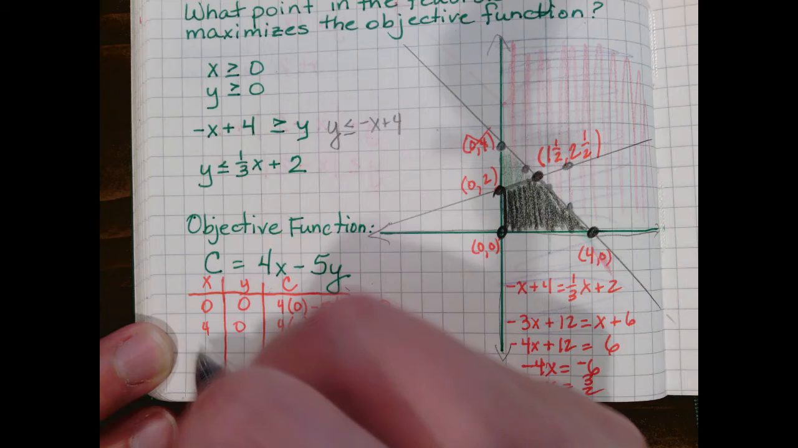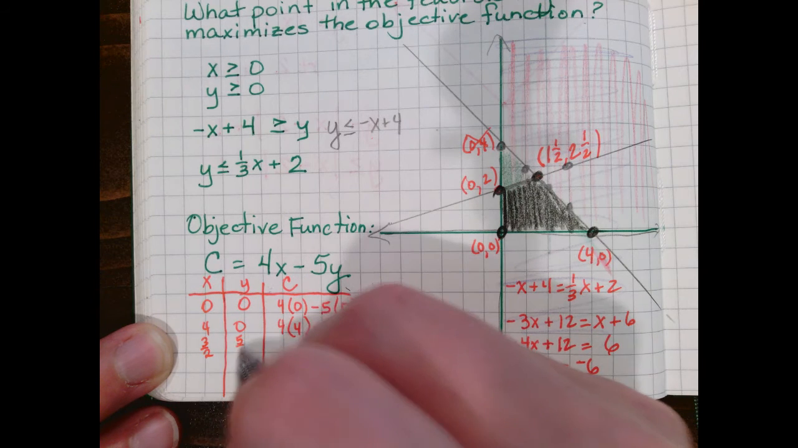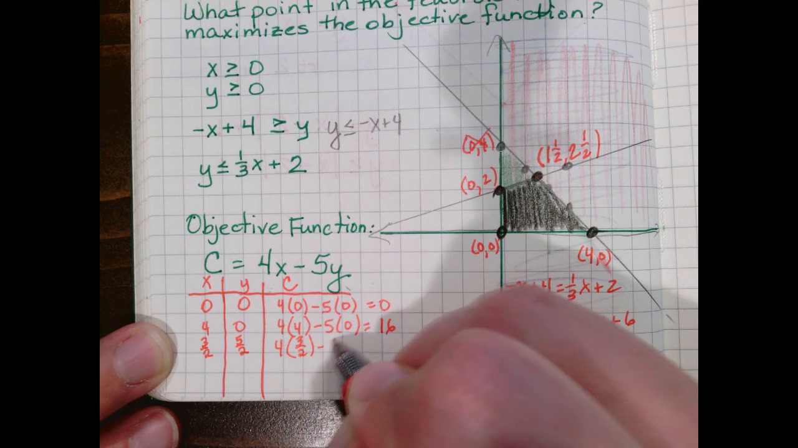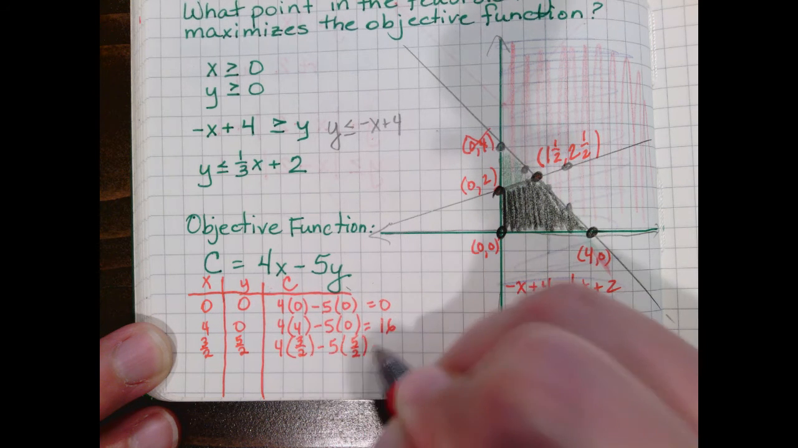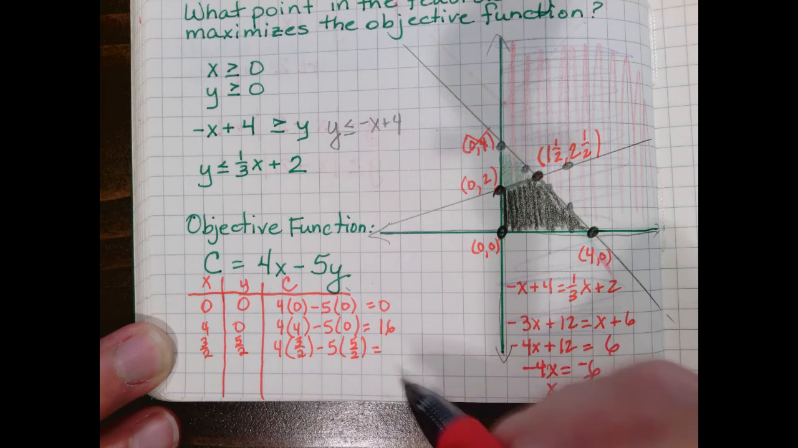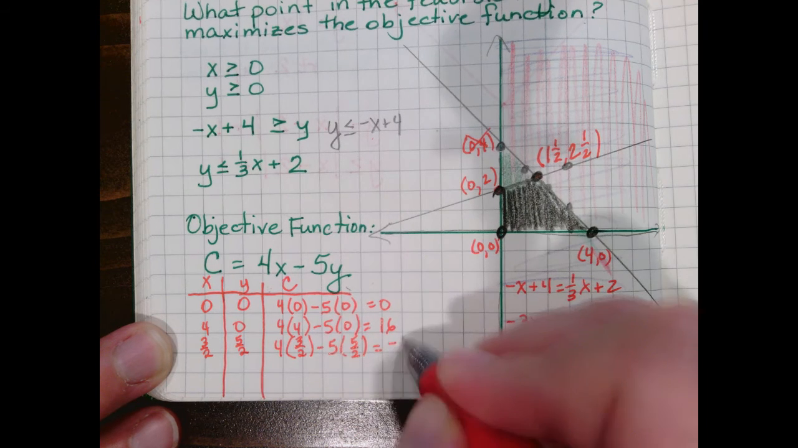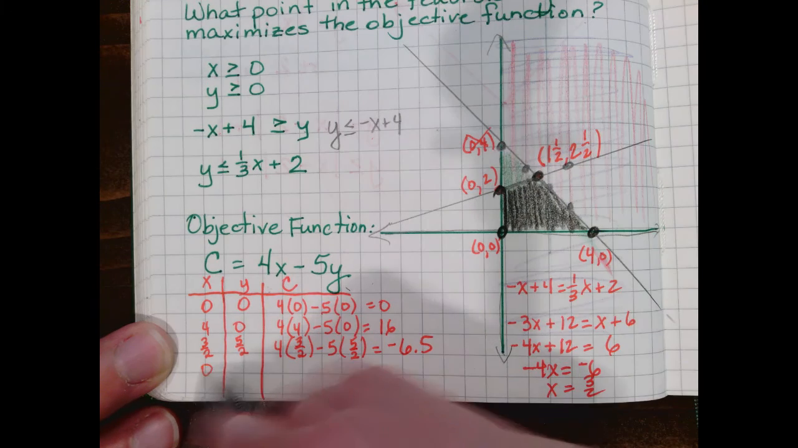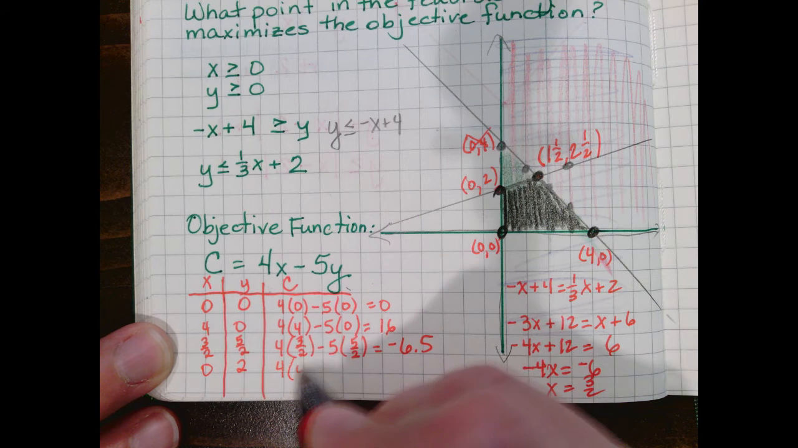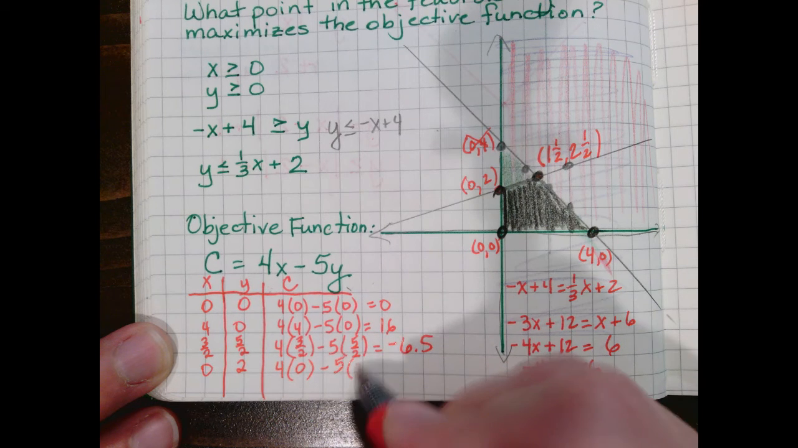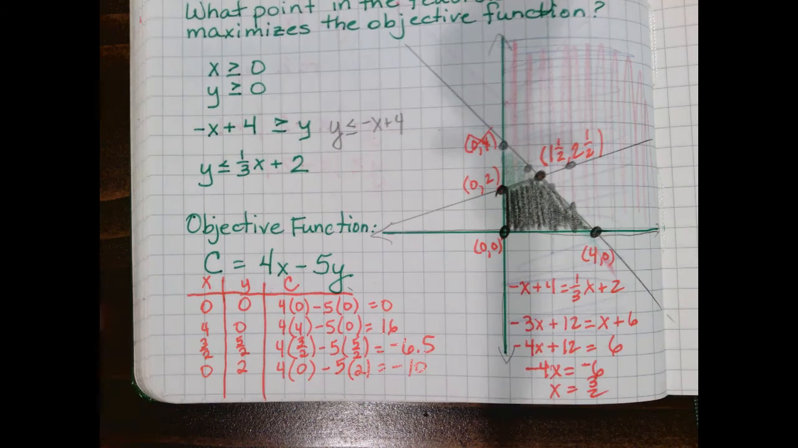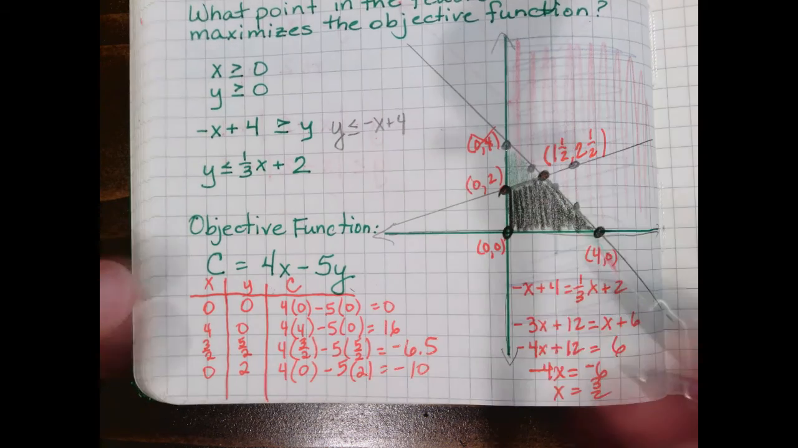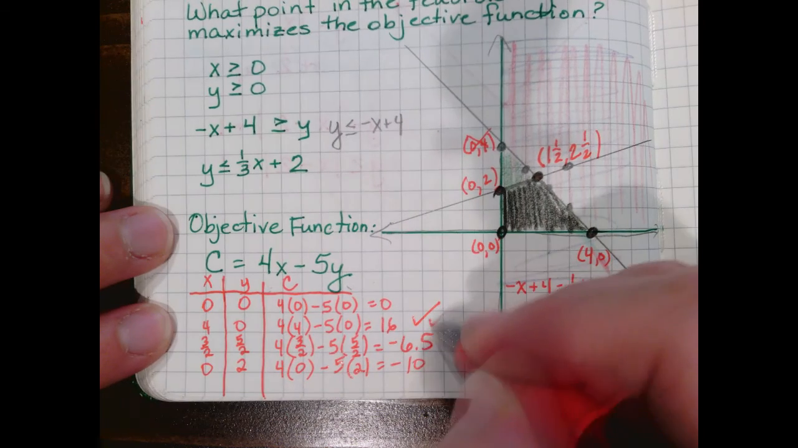Then put in 3/2 for x and 5/2 for y. Use your calculator if you need to. That gives me 6 minus... and then last put in 0, 2. So you get 0 for x and 2 for y, you get negative 10. So the point in this region that makes the objective function a maximum, that point is 4,